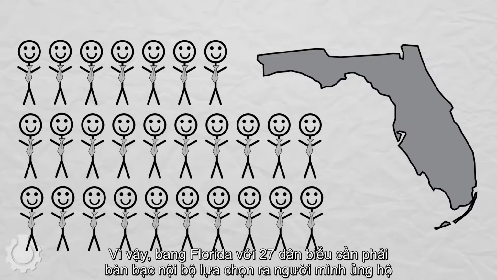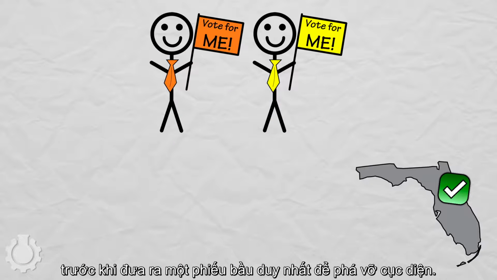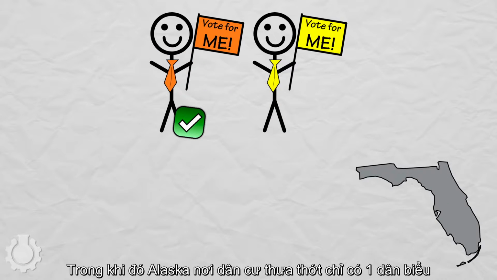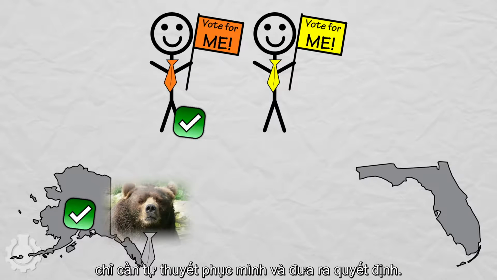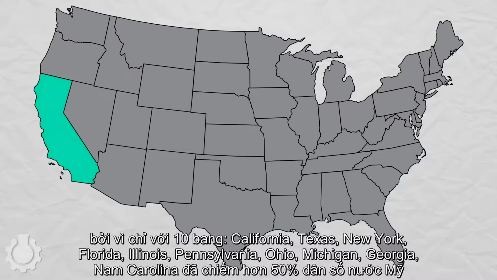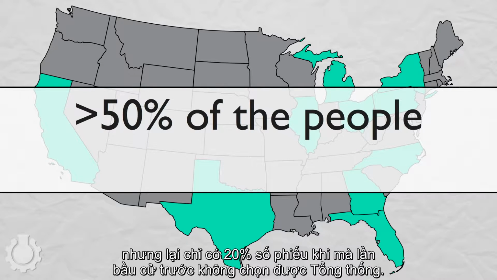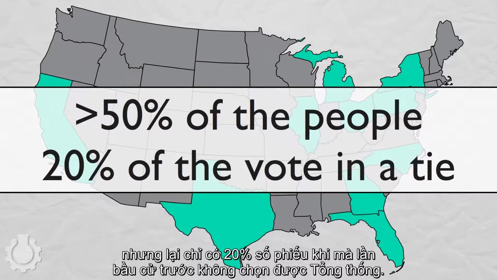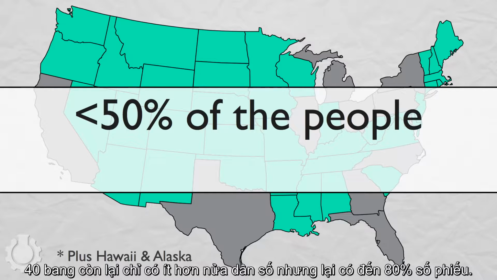So Florida's 27 representatives have to decide amongst themselves who to support before casting Florida's one vote to help break the tie. Meanwhile, thinly populated Alaska's sole representative has only to consult himself before casting Alaska's vote. This is an incredibly disproportionate system because just 10 states, California, Texas, New York, Florida, Illinois, Pennsylvania, Ohio, Michigan, Georgia, and North Carolina, contain more than half the population of the United States but get only 20% of the votes if the race for president is tied, and the other 40 states with less than half the population get 80%